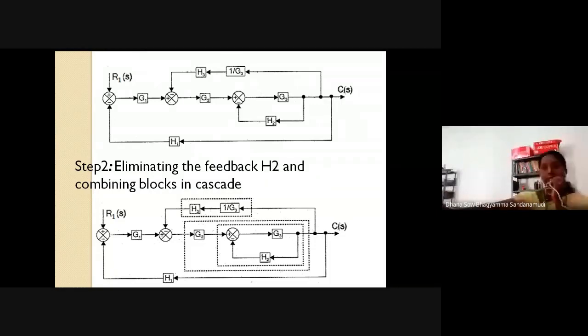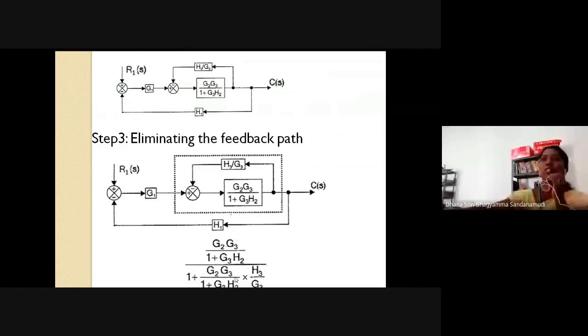Okay, you need not worry about changing the slides quickly. Okay, so if you can see here,